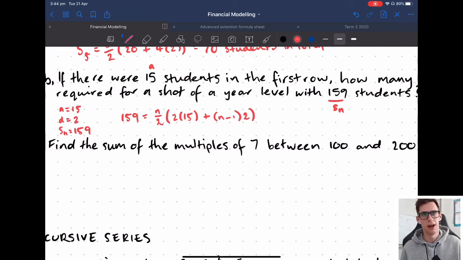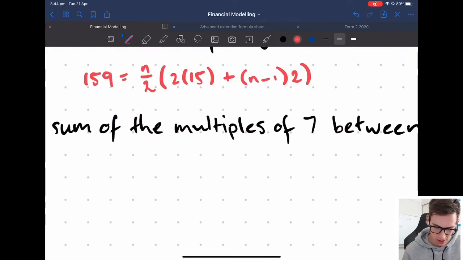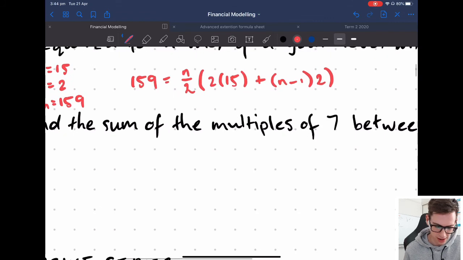Now we've got this set up, we've basically got an equation to solve. Okay, we are going to set this up. So the first thing I would do is simplify these brackets on the inside. So I might have to just come down through here. We've got 159. Now, I suppose we'll do it this way. n over 2 times 30